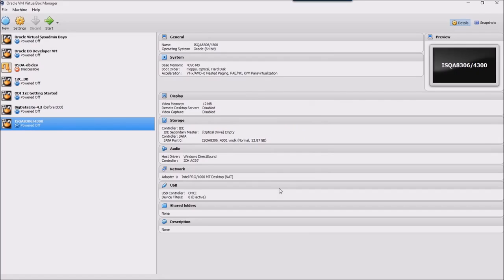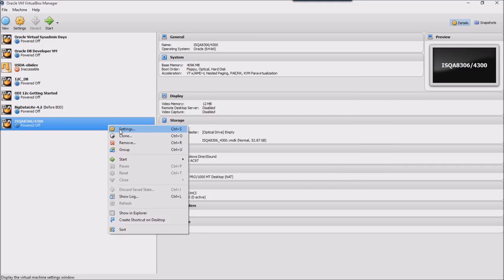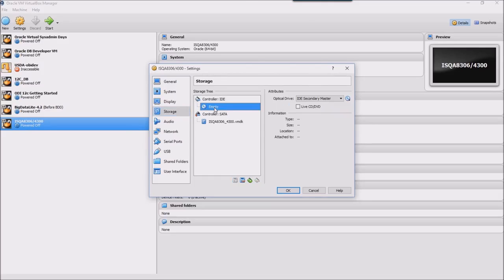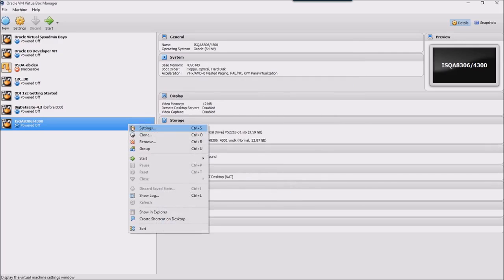So after clicking create, the virtual machine is created, and it's actually going to want me to power it on and install the operating system. Before I do that, I'm going to right click it, go to settings, and in the storage section I'm actually going to point at the ISO file that contains the Linux operating system distribution that I showed you how to download in an earlier video. After I've got that set, I'm just going to say OK,